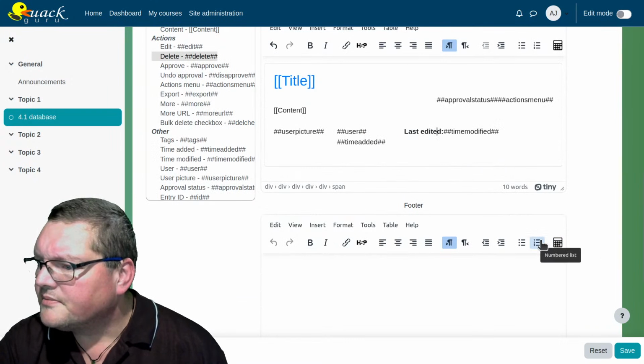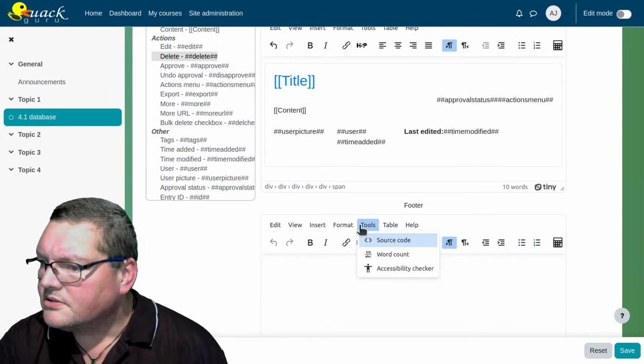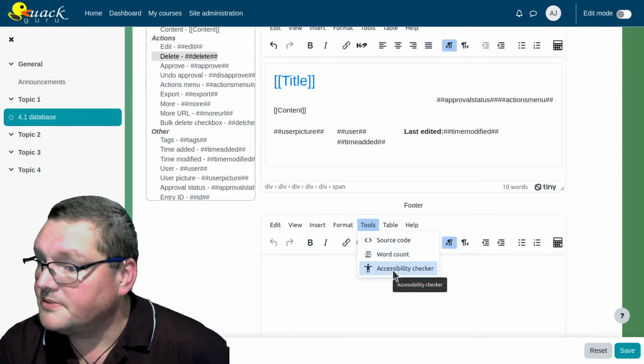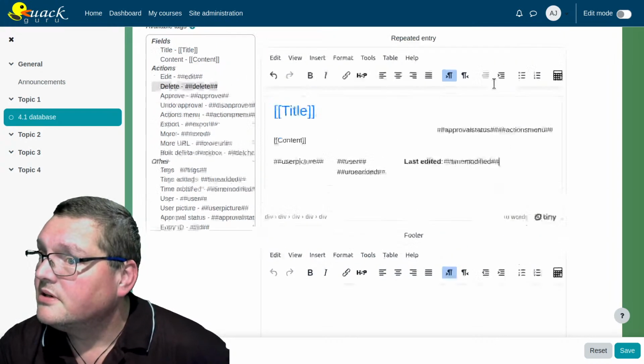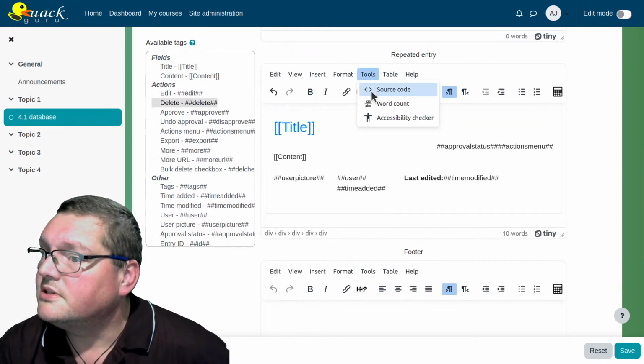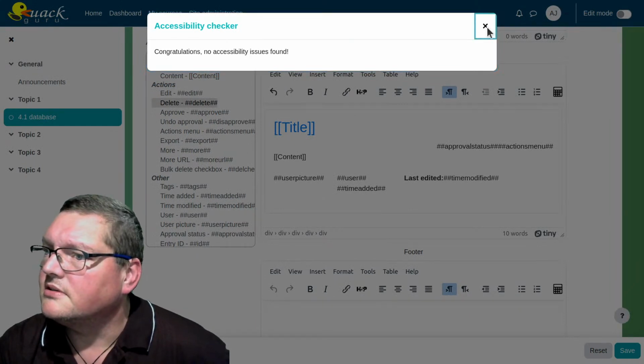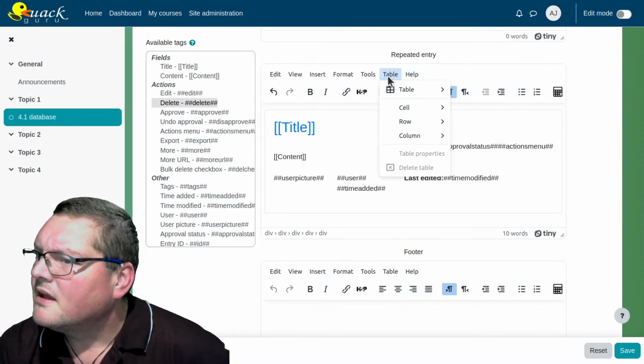Equation editor, numbered list, and so on. Format tools. Okay, and you've got the opportunity for the word count and accessibility checker. That's nice to have. Always nice to have an accessibility checker. Let's have a look at that. Congratulations, no issues found. That is good news. All right,